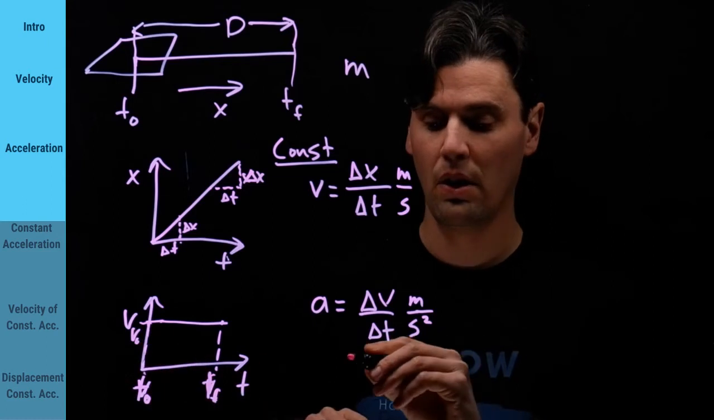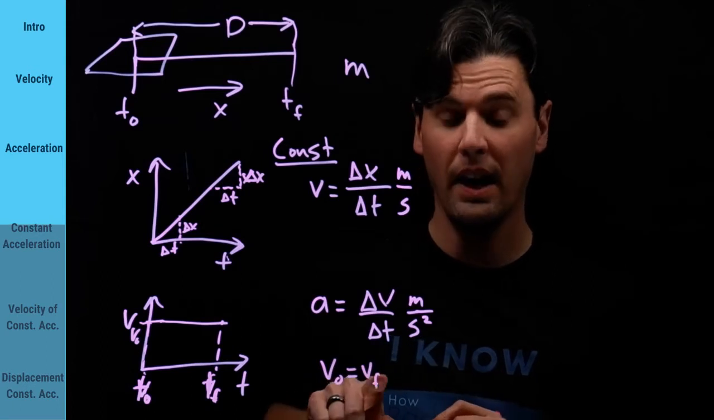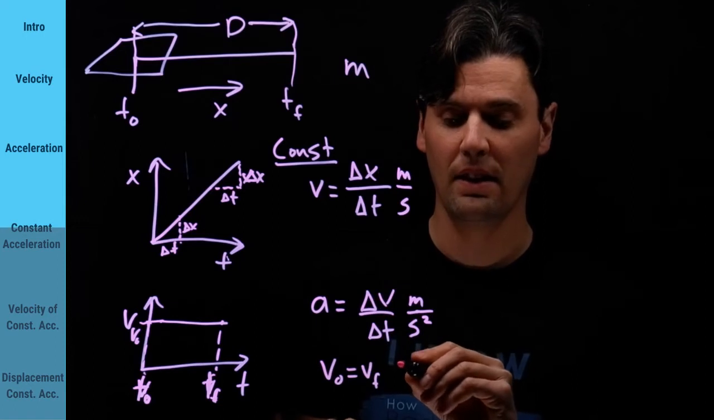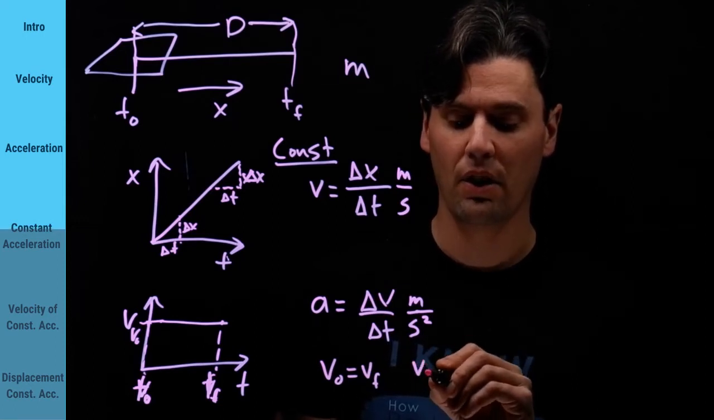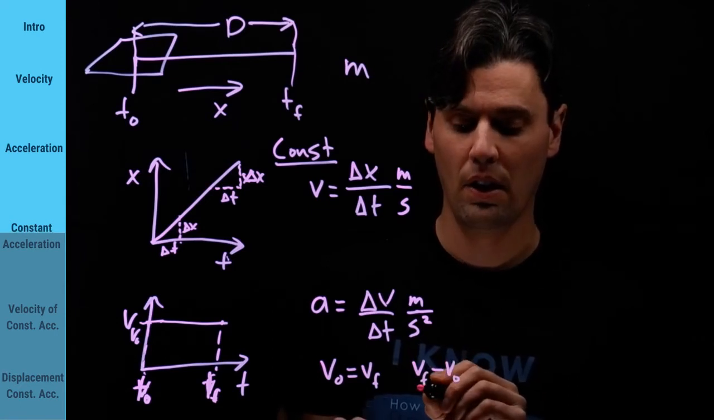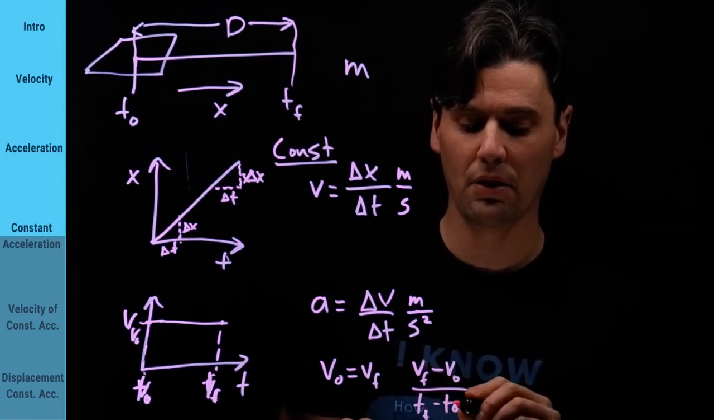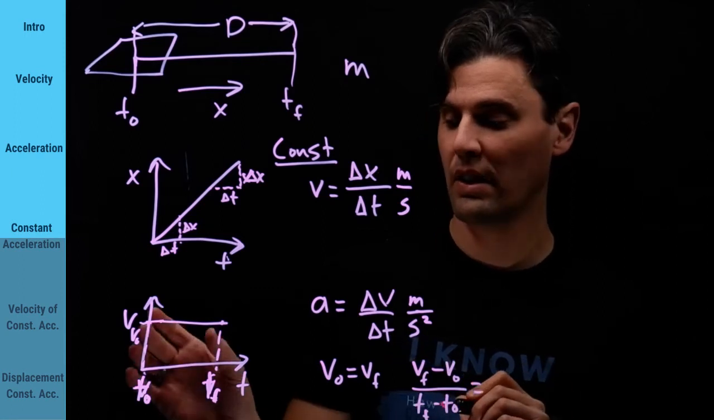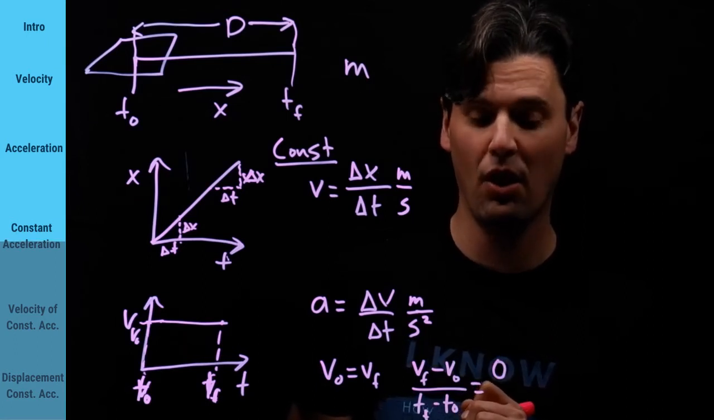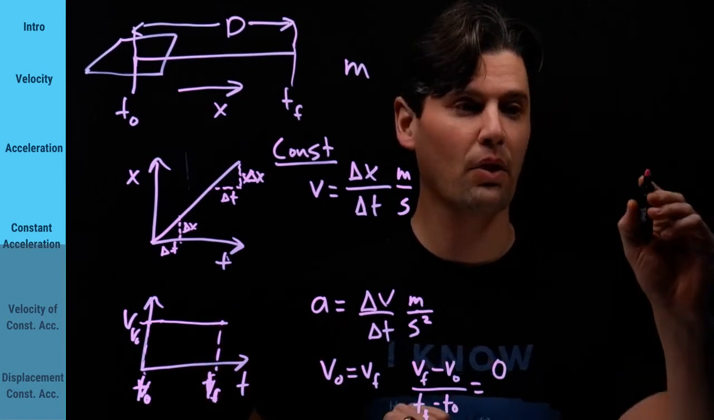This should be t initial and t final. So v initial or v naught equals v final, and therefore the acceleration, we're actually looking at the change in velocity. So the change in velocity is just v final minus v initial divided by t final minus t initial. And since it didn't have a change, this on the top is actually just going to be 0. So this is what we call a constant acceleration. Then if we're constant acceleration,